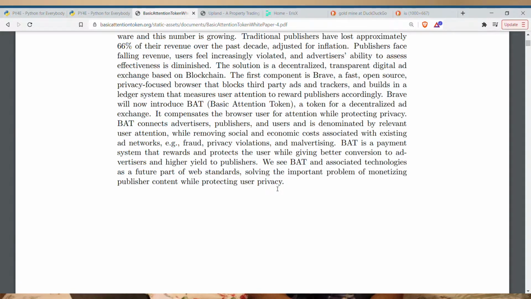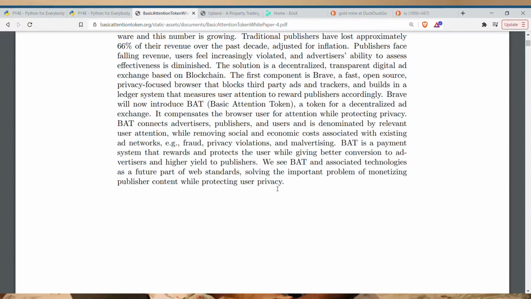Then it aggregates that and pays the user a certain amount. And I think it pays the publisher a certain amount, paid by the advertisers. So the advertisers pay Brave in order to advertise on the platform.